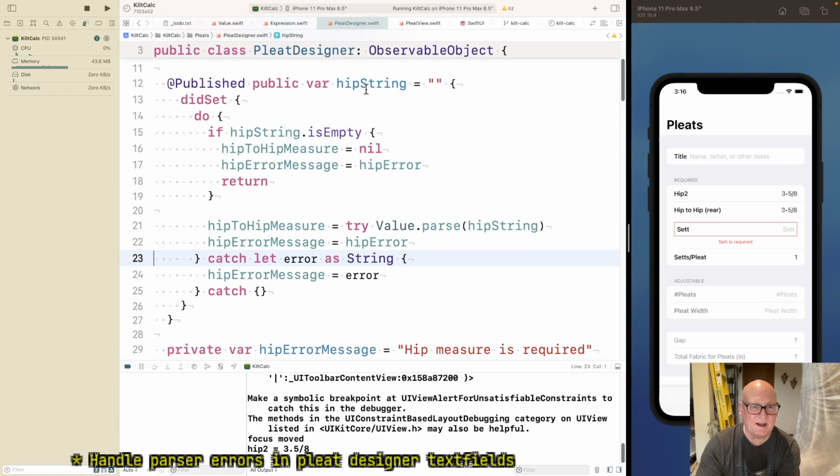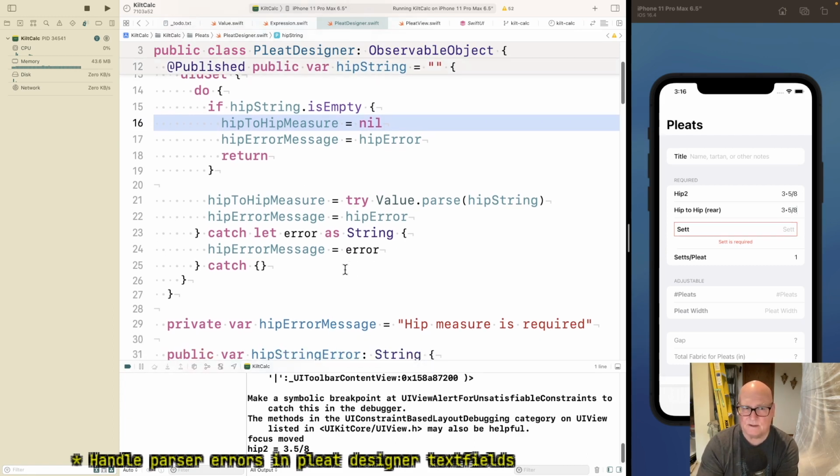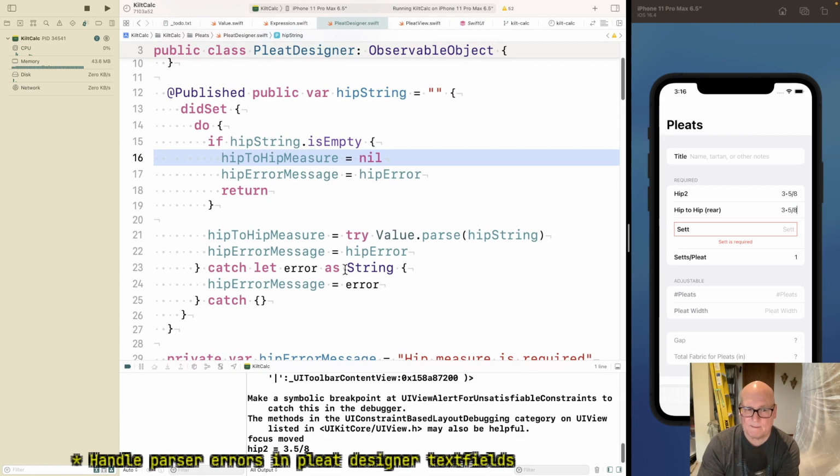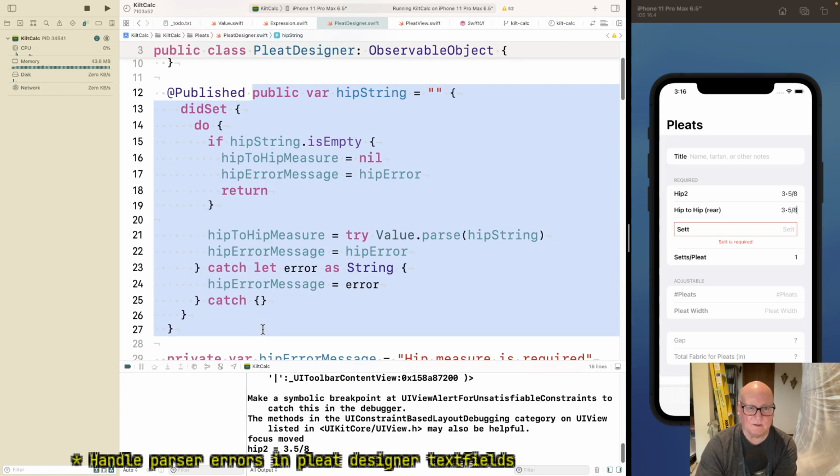Okay, so we have hip, we're going to have hip string. Hip measure is the real value that gets used in computations. Now, I don't know if we need to make it nullable or not. Okay, I suspect we could define the message for this. I guess what I'm thinking, like, what happens when I have 6 of these, or at least 2, 3, because the first 3 fields are required.